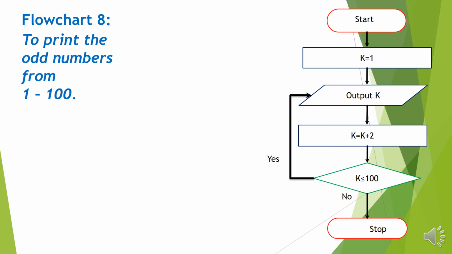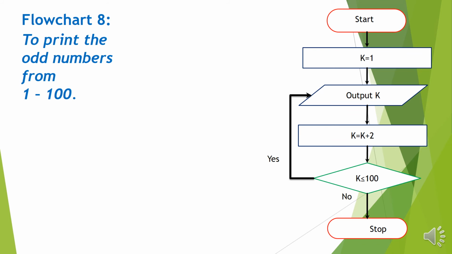Then we have a condition in which we have to check it. If k is less than 100, then we will go with the yes option. In the yes option, we will again print the value of k, and this process will continue until